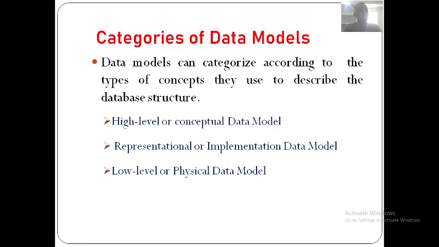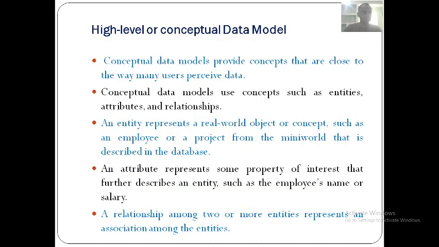So what are the categories of data models? First one is high level, second one is representational and third is low level. High level is also called conceptual data model, then representational or implementation data model, and low level is called physical data model. Now, high level or conceptual data model. These models provide concepts that are close to the way many users perceive the data.